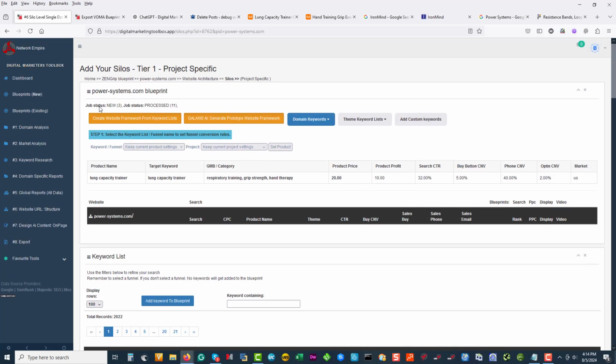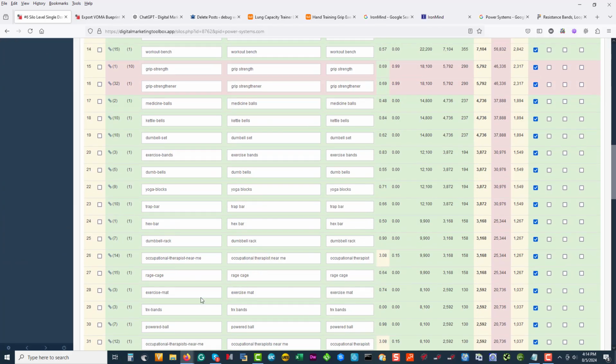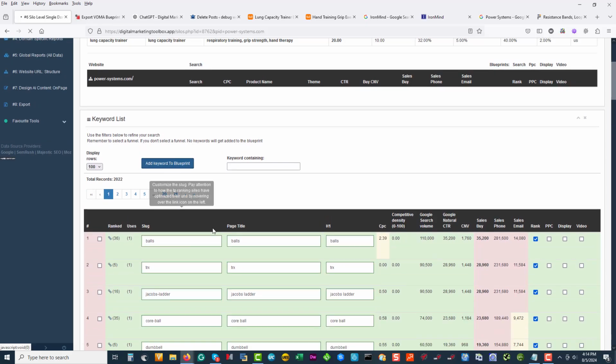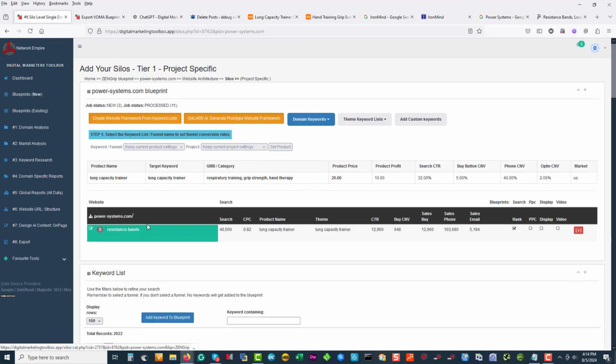So let me just first refresh the page and make sure that this job's finished so you don't get confused. Okay, so it's still going to be mining. You can see there's 3 jobs to do. It's in a queue. So what I'm going to do now is just show you what happens when I add a keyword. I can tick off a keyword here and I say Add. And now I've added this keyword